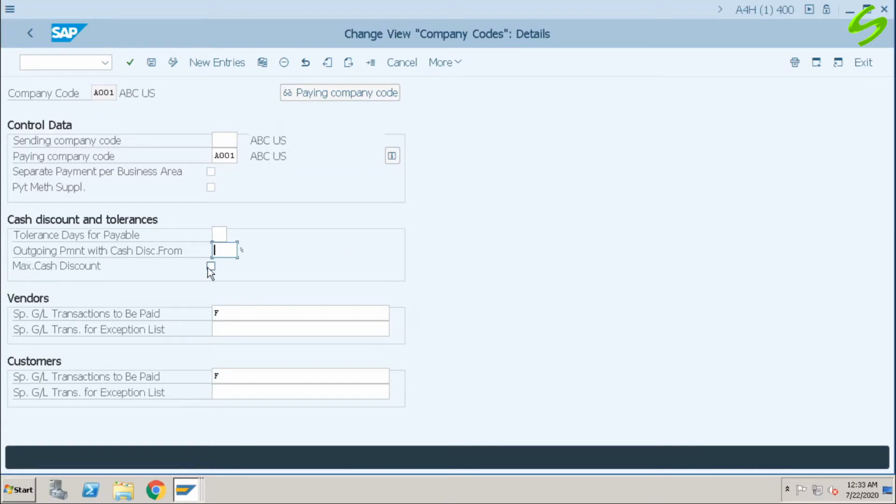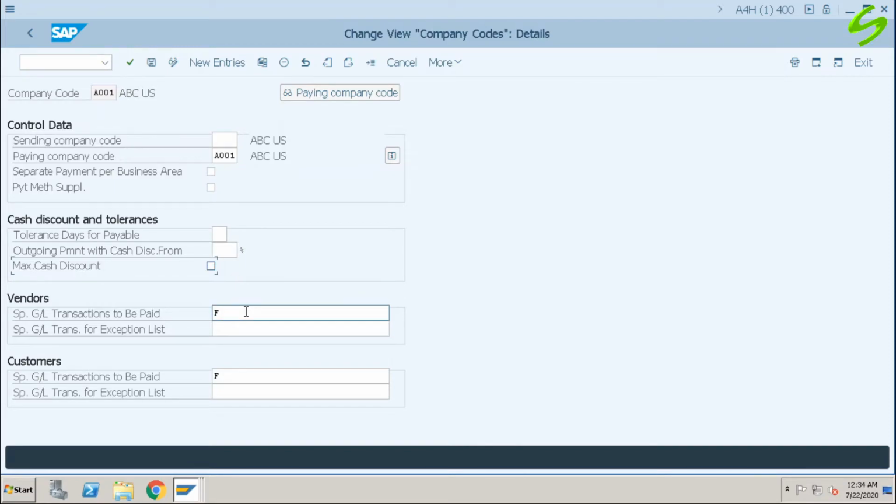The third option is maximum cash discount. This is used if you want to process or apply the maximum discount. In the previous session, we discussed that we can enter two different cash discount terms. Suppose 2% and 4%. If I select this option, the system always applies the maximum discount, even if I pay on the net due date. Normally, if I pay on the net due date, the discount doesn't apply. I will not get any discount. But if I select this option, the system will apply the maximum 4% discount even if the date has passed.